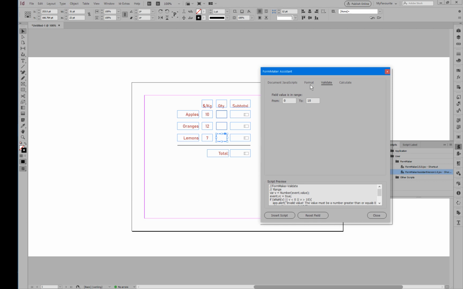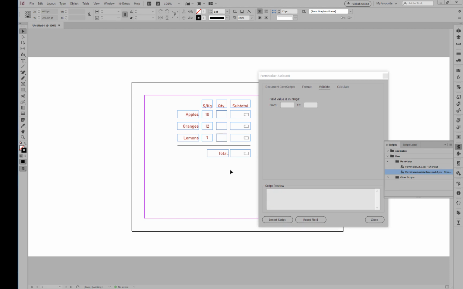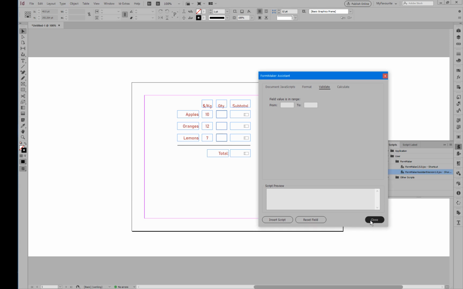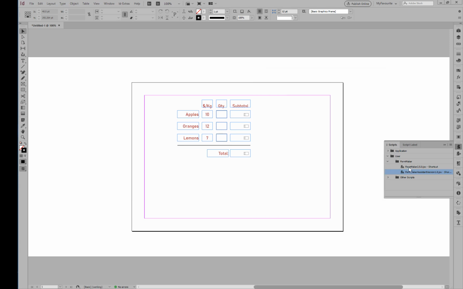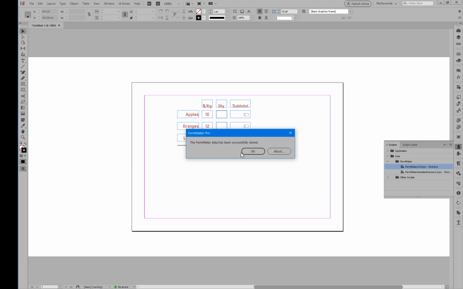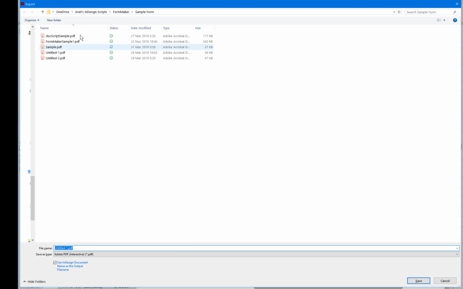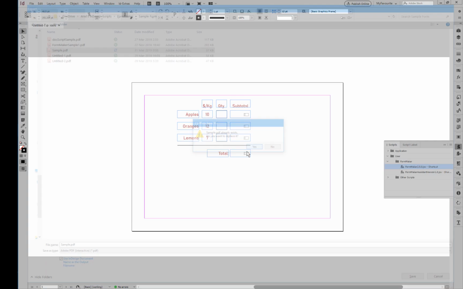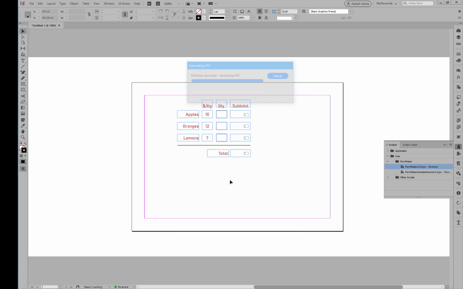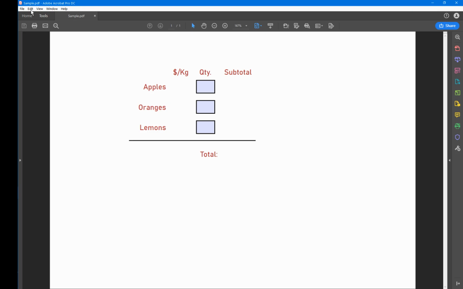So what we've done is we've set the format of these fields, we've set the range of the fields, and let's see what that looks like in Acrobat. So let's close FormMaker Assistant and export this to interactive PDF. Of course, you mustn't forget to first run FormMaker because we made some changes to the form. So I just double-clicked on that, clicked OK, and export to interactive PDF, overwrite the previous form, and in Acrobat,